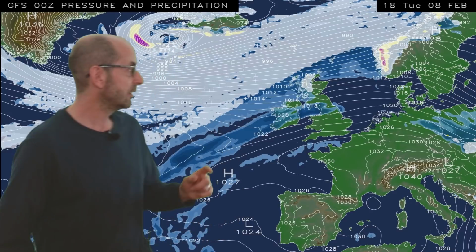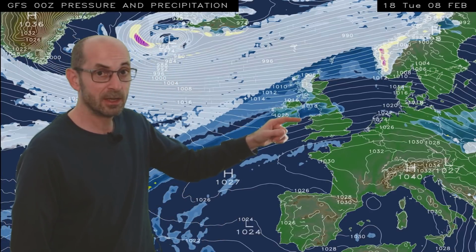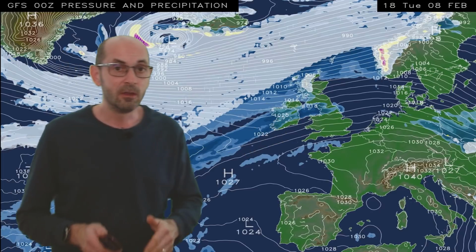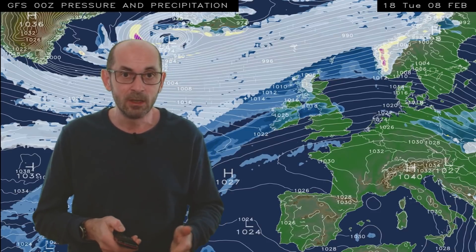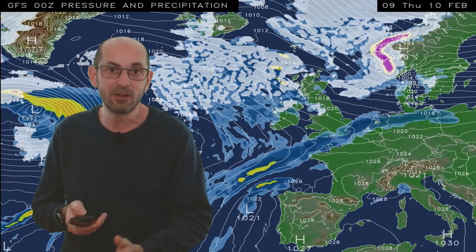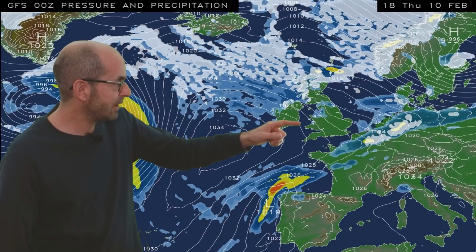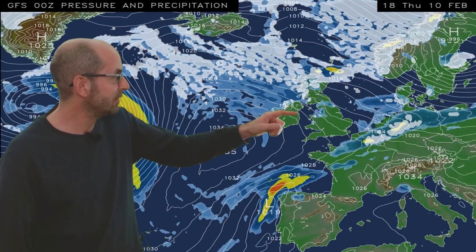At the outset, a weather front is bringing outbreaks of rain to Northern Ireland, Northern England and parts of Northern Wales. To its south, dry and mild, mainly. To its north, it's colder and there are wintry showers. In the short term, that weather front just slowly edges southwards, and it's not really until Thursday that it clears away. By then, all the country is under the colder air mass and there are wintry showers in the west